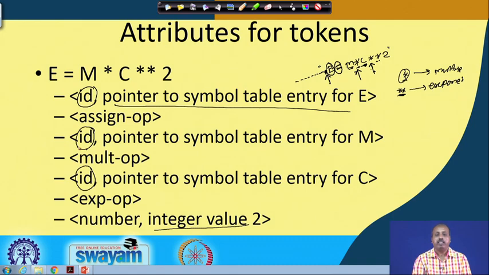That is why this lexical analysis tool not only identifies the words and returns the corresponding tokens, it also identifies some attributes that may be meaningful for that particular word and returns them to the parser. Similarly, when it is considering this number, it is returning the value of the number as 2. So, this way all these tokens have some attributes, and these attributes are returned to the parsing phase.